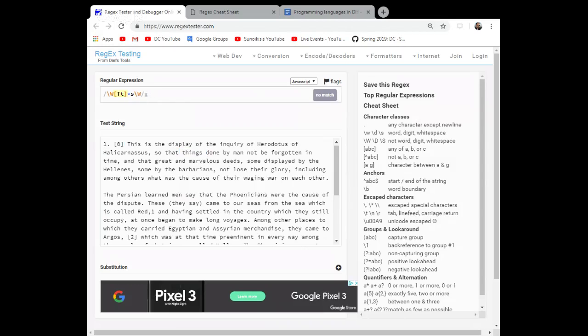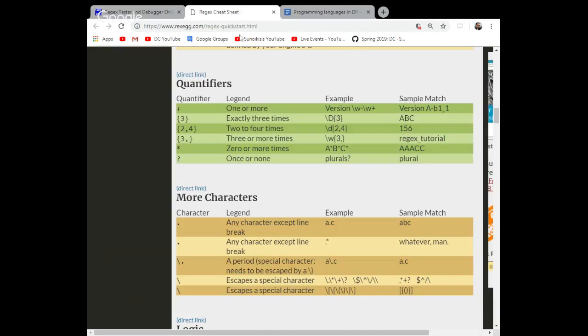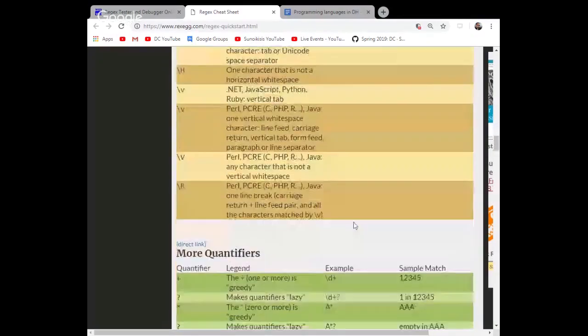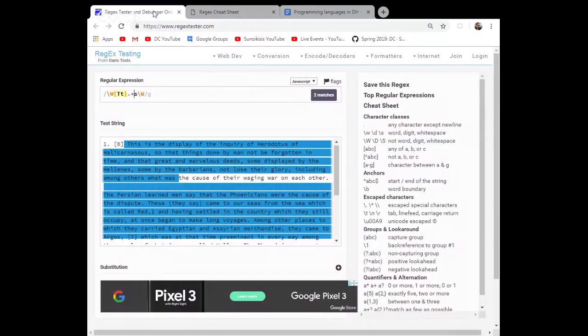In fact, rather than these various hacky workarounds, the simplest solution is to go back to the original .*, finding any character in there, but to use this command under more quantifiers a bit further down, which points out that the asterisk character, saying 0 or more instances of the previous test, is a greedy quantifier. This means it will find as much as it can in there. That's why it's finding almost the entire line rather than just